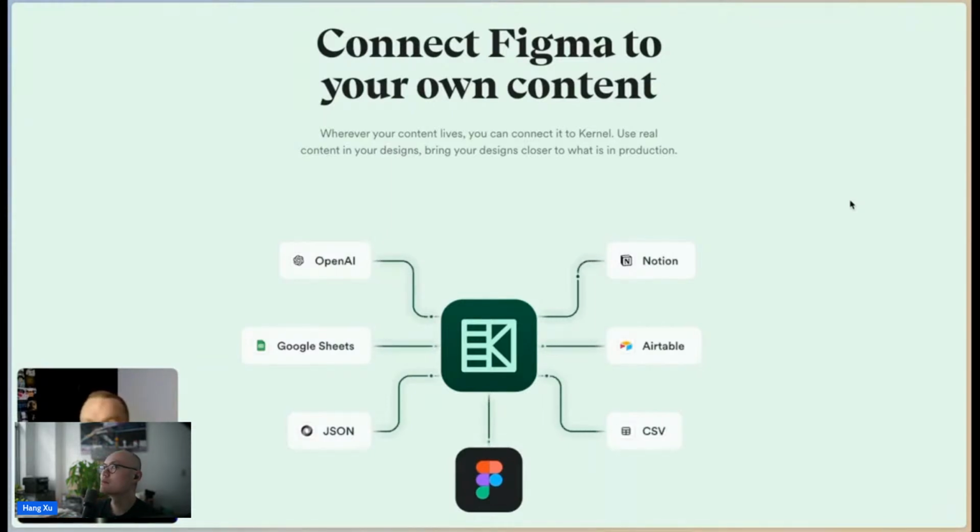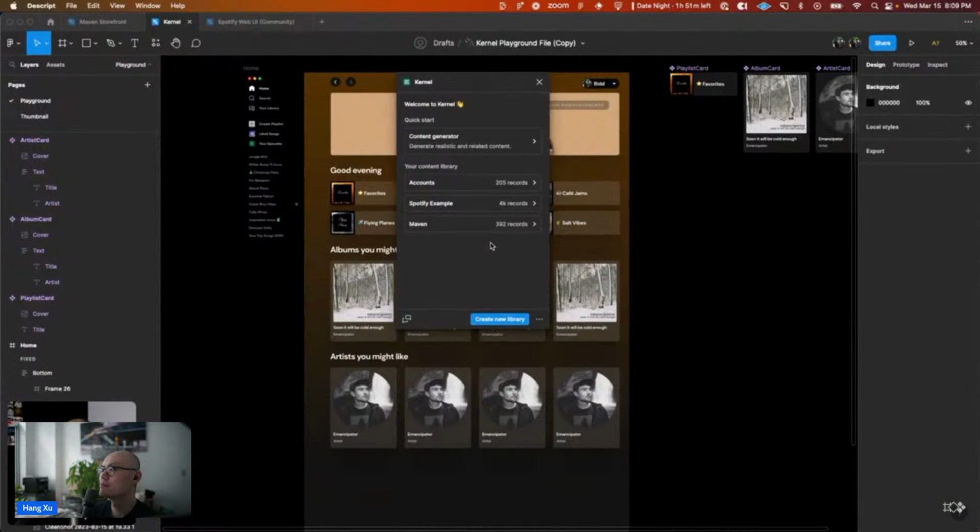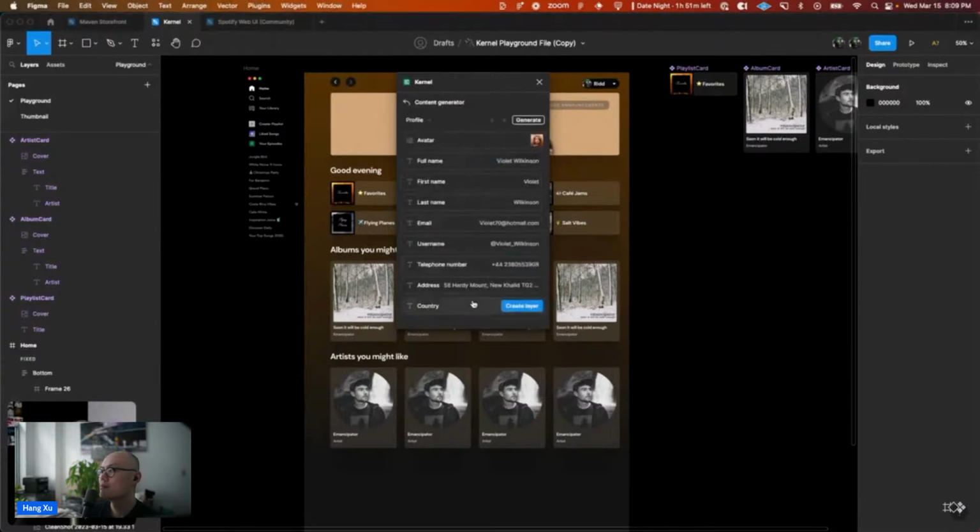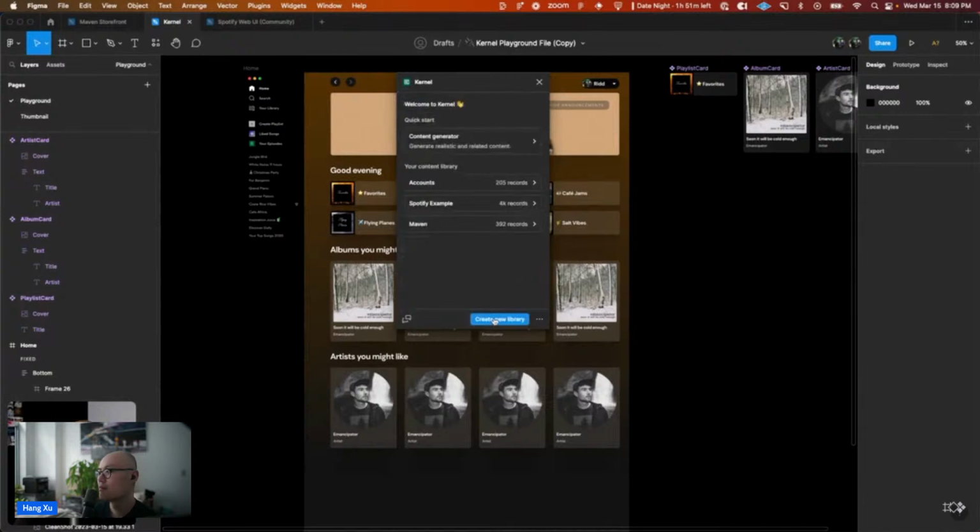We're going to set up some configurations, and then we can actually see what it's like to design with data directly inside of Figma. When you open up the Kernel plugin, the first thing you're going to see is this window. Now, they do a good job of helping you get started. You don't have to start from a blank slate. They have a content generator, which makes it really easy to just use better dummy data. But the real magic is when you start to create new libraries, and you can import your data however you'd like. For me, I actually connected directly to the